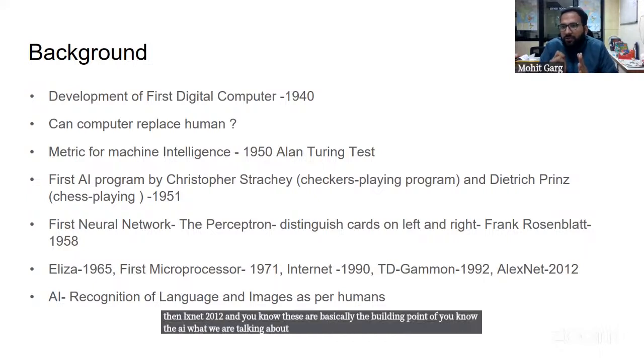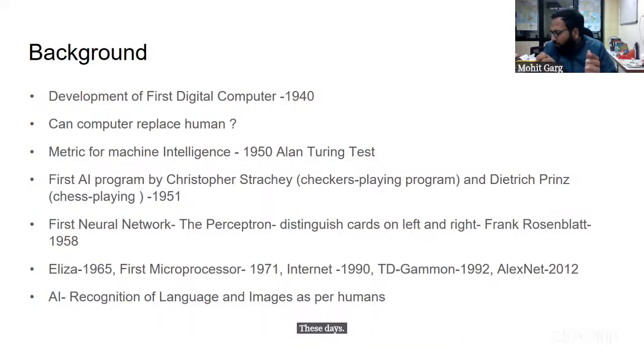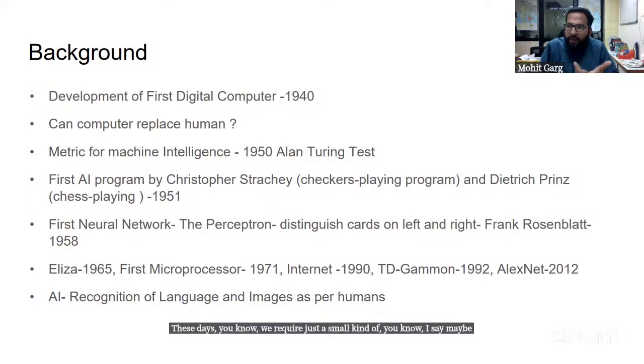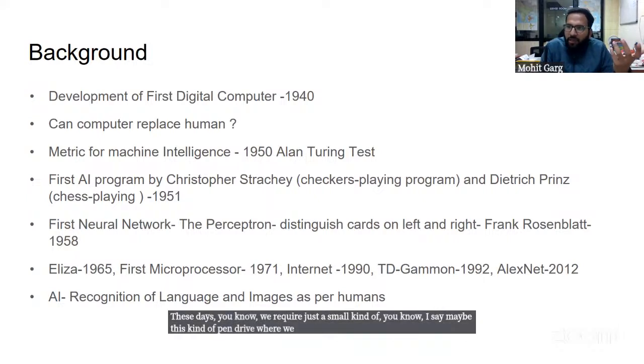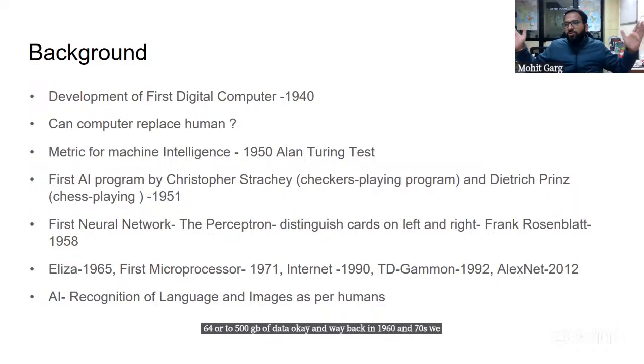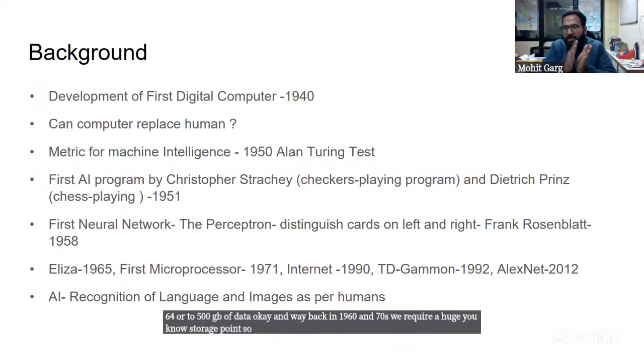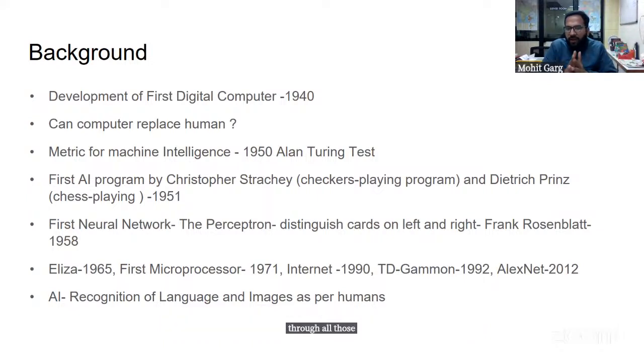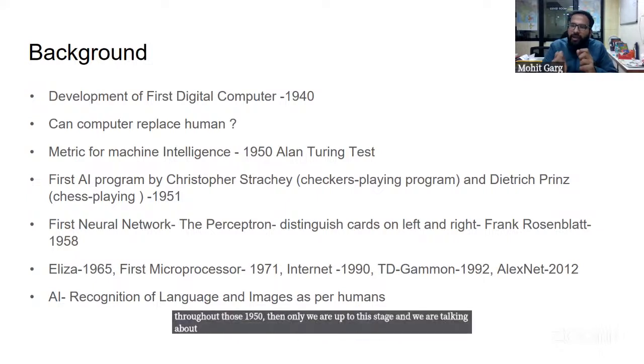These days, we require just a small pen drive where we can store almost 64 to 500 GB of data. Way back in 1960 and 70, we required a huge storage space. So that advancement has been made since the 1950s, and only then are we at this stage, talking about AI which can handle intelligence